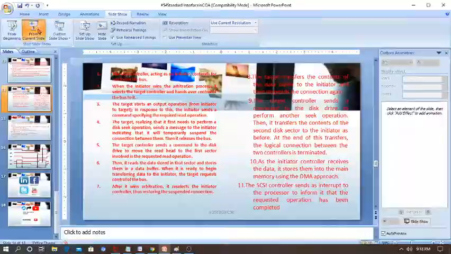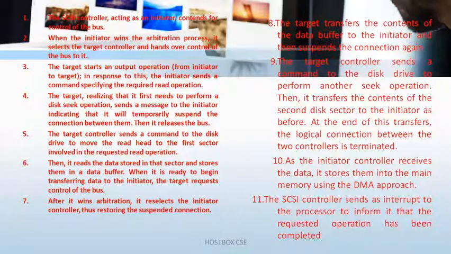Let's go to the session here in the PPT. Yes, the SCSI controller acts as an initiator for the control bus. We highlighted some points here, and in your free time you can read them. If you have any difficulty understanding this, just remember this example: assume we have a computer, connected through the SCSI port to a SCSI controller and one CD drive, and we are going to read a document.